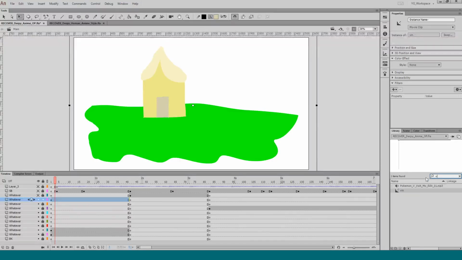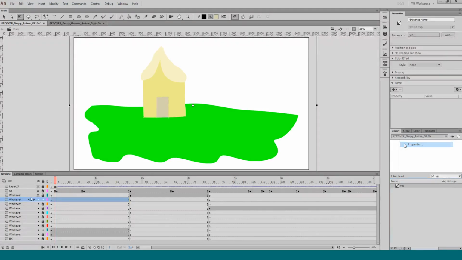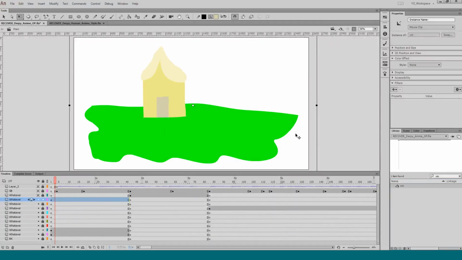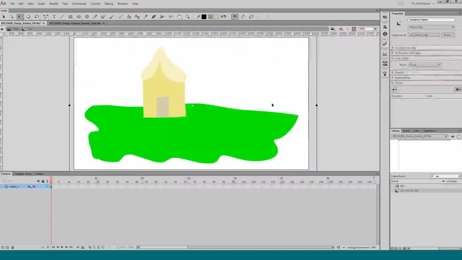This is kind of how I work, where it's like, okay, that kind of worked, but that's not exactly what I want now. So I'm going to go to properties and change it. I'm going to make this shape into a movie clip. Okay, now this is a movie clip. That's what I wanted, and make it a blur, a little bit.